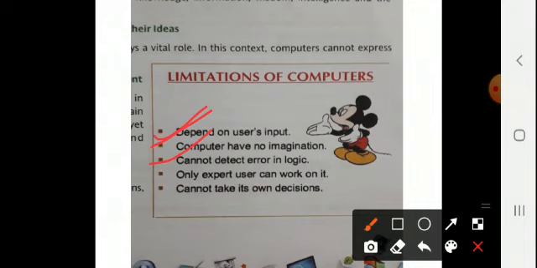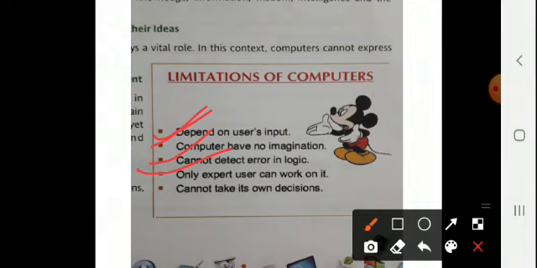Though computers are helpful in storing data and can even hold the contents, only humans can decide and implement the policies. Then only expert users can work on it. This we know very well. That's why we are studying computers here, because if we don't know anything about computers, how will we use them? It will simply be a machine for us.